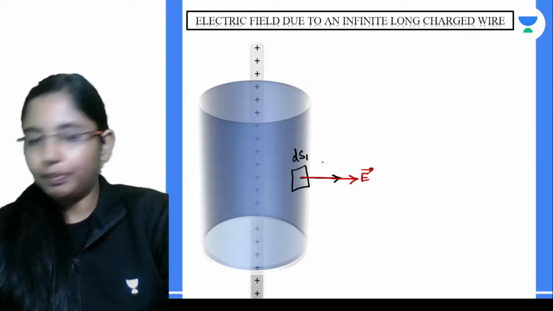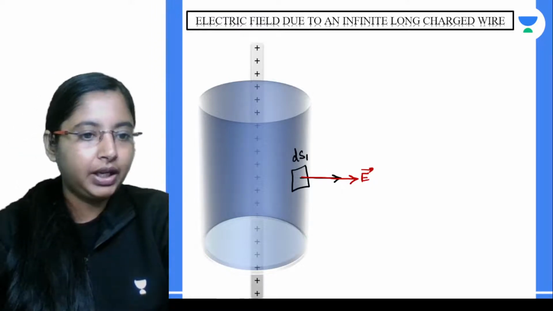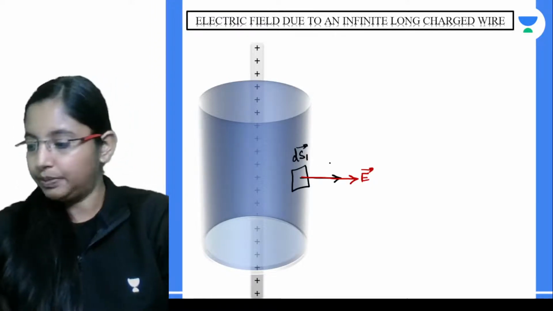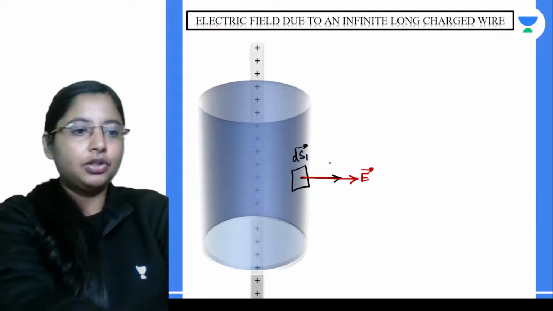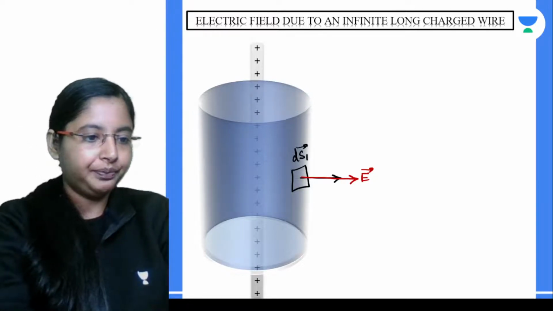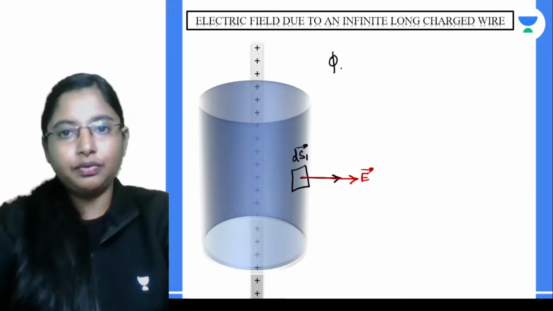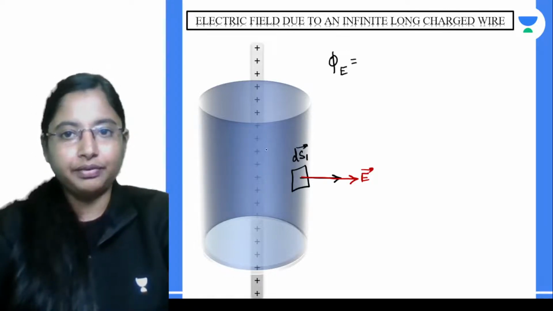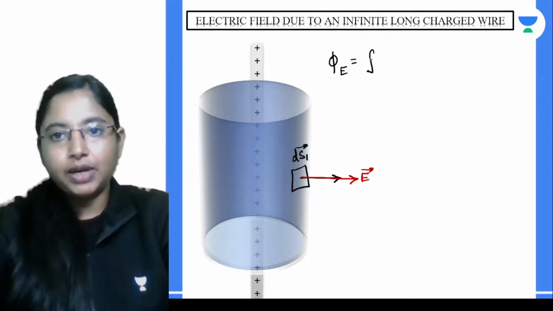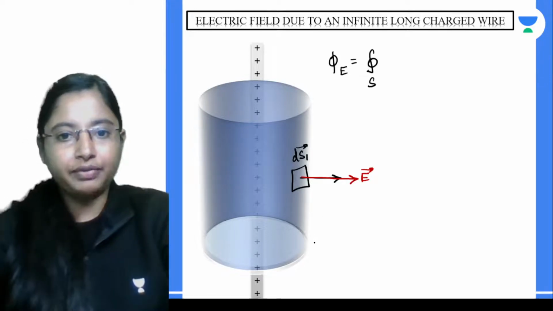Okay, so because of this, we can look at what is the flux through this particular surface. Let's do this one point at a time. Let's see what is the total flux. What is the total flux through this particular surface? So for the total flux through this Gaussian surface, let's say the cylindrical Gaussian surface, we let this be S,